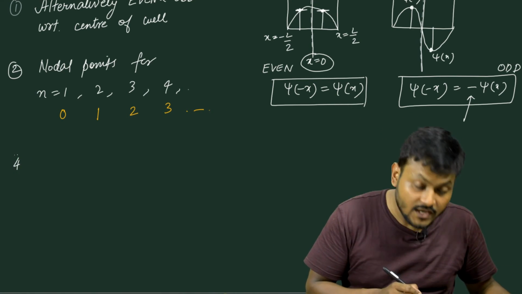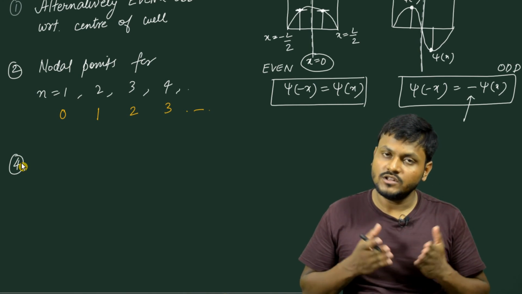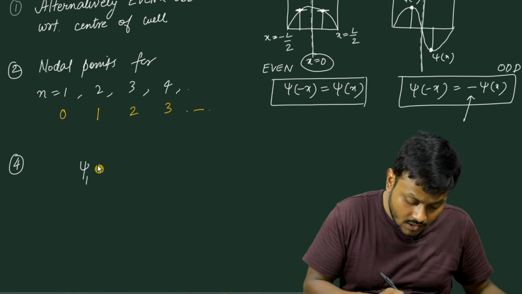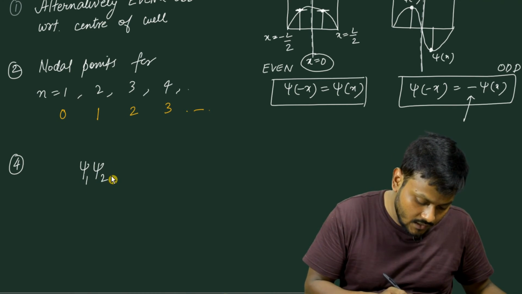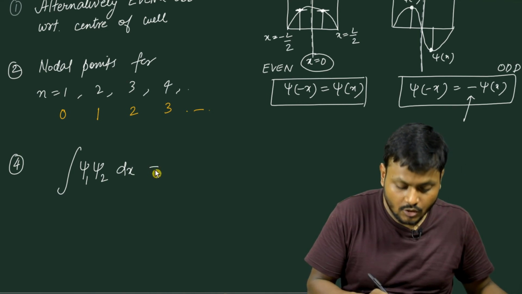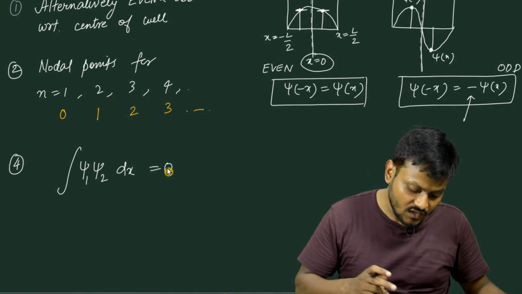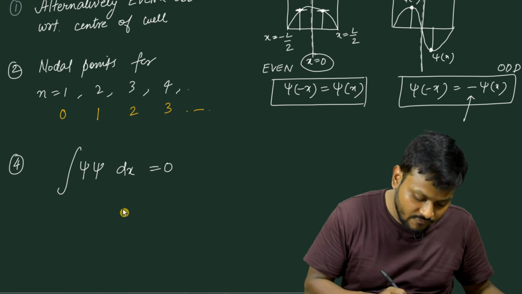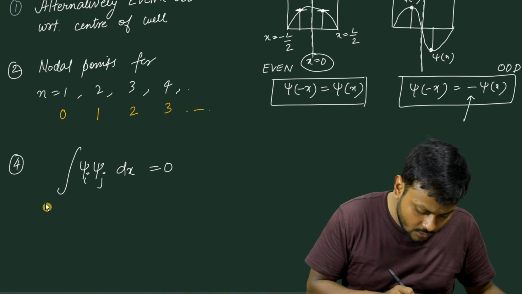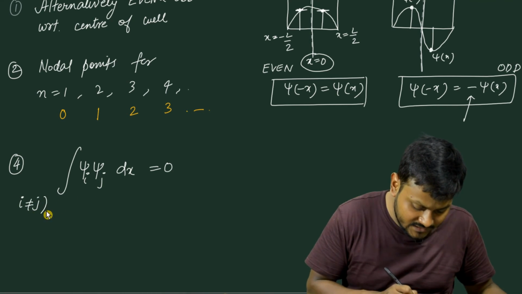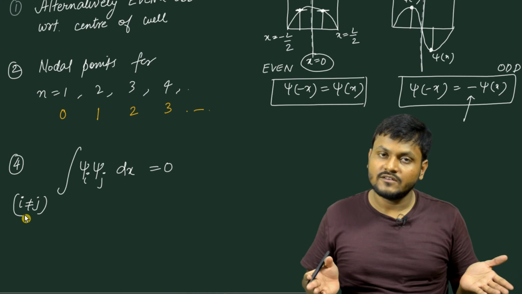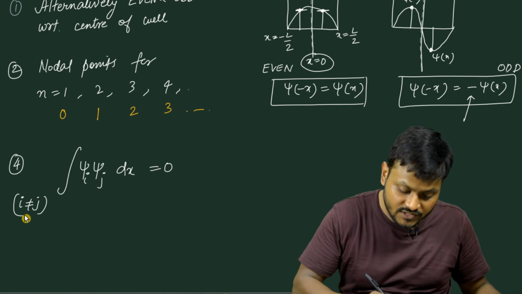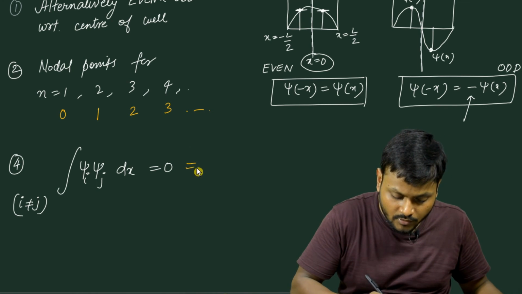Next, these eigenfunctions have a property that if you multiply one eigenfunction with another and then integrate, the result is always going to be 0. This is only true for different eigenfunctions. So if I take psi i and psi j, where i is not equal to j, the integration of the product of the eigenfunctions will always come out to be 0. This property is known as the property of